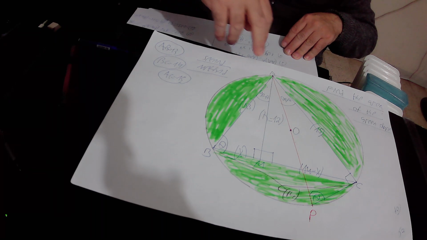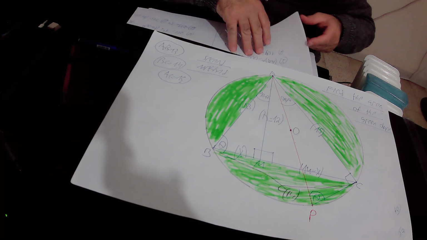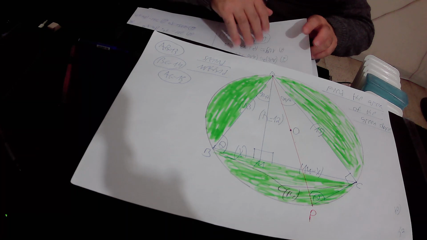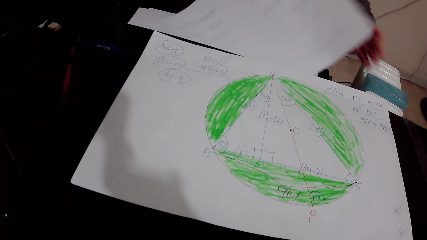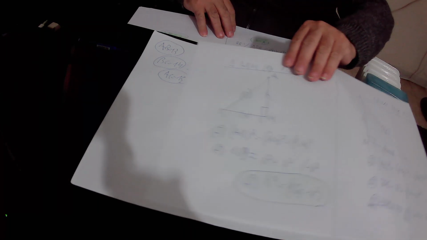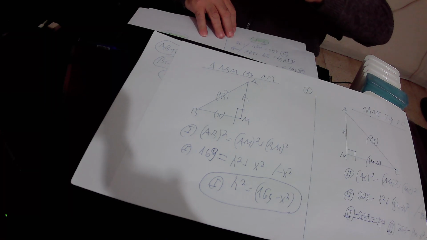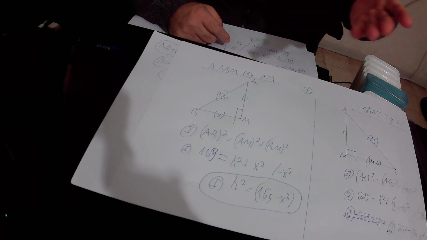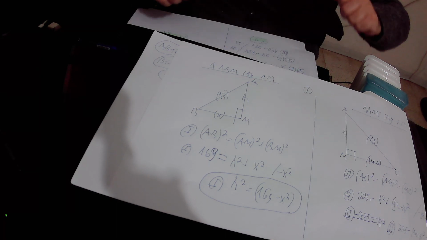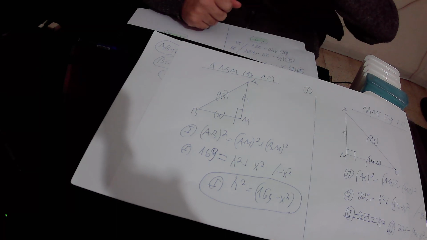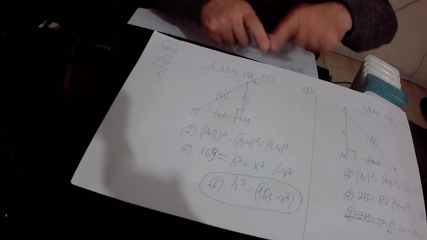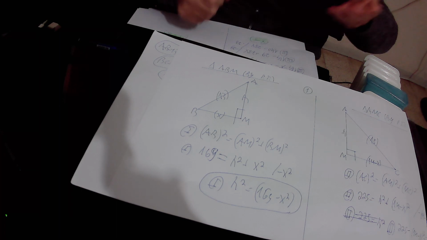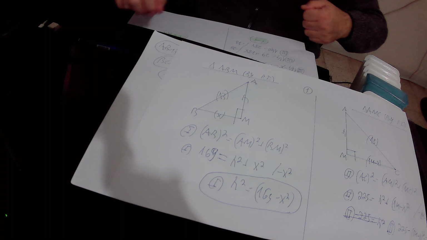I copied the right triangle ABM onto a new page and we implemented the Pythagoras theorem on this right triangle ABM. This is the right triangle ABM that I copied from the original drawing. Side AB equals 13, AM equals 8 according to our definition, and BM equals X according to our definition also. In the right triangle ABM, by the Pythagoras theorem,